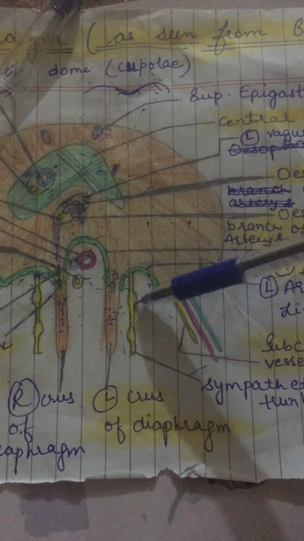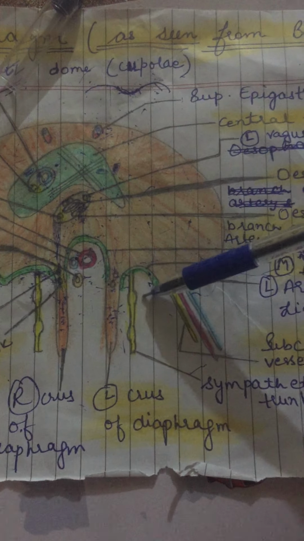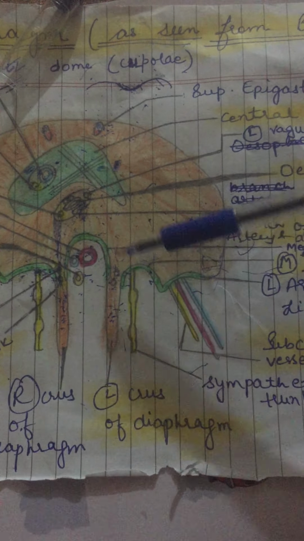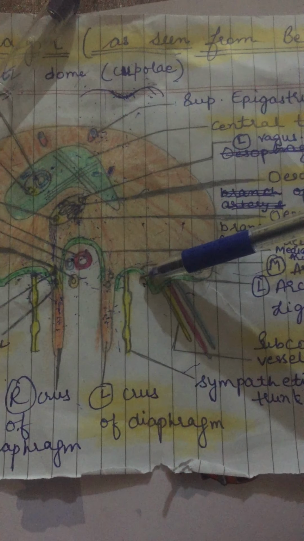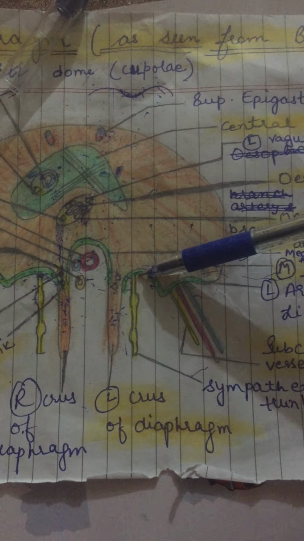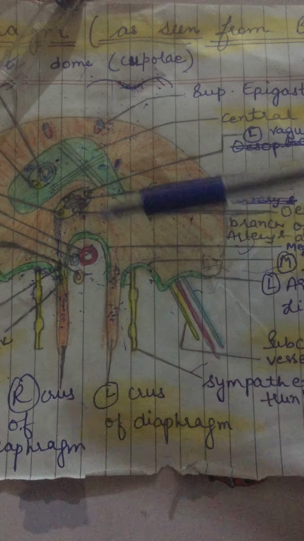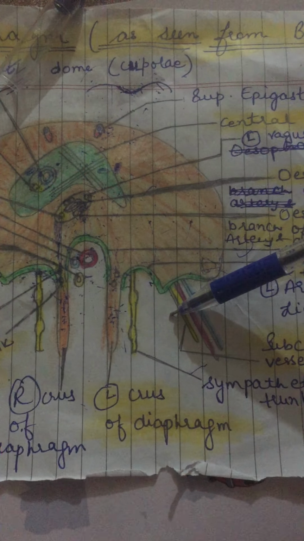Now the medial arcuate ligament or medial lumbocostal arch. What is this ligament actually? It bridges across the front of psoas major muscle. So it is formed by nothing but thickening of psoas fascia, right? It is attached medially to the upper body of the first or second lumbar vertebra and laterally to the tip of the transverse process. From the body to the tip of the transverse process, right?